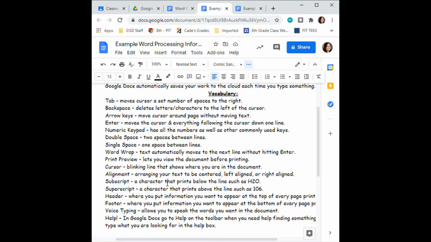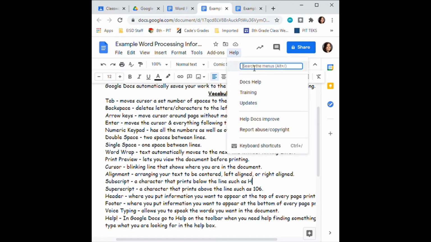Subscript is a character that prints below the line, such as H2O. Now, this doesn't look right. This looks like H20. This does not look like H2O. So to fix it, I am going to show you how to do H2O. All right, so we're back to the help thing. So I typed the H as normal. Okay, there's the H. Now, to do a subscript, I'm going to go to help, and in the search box,